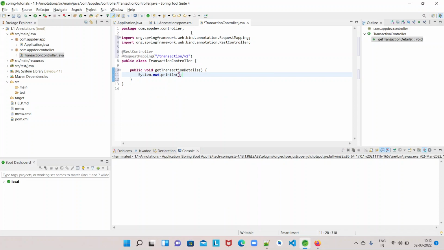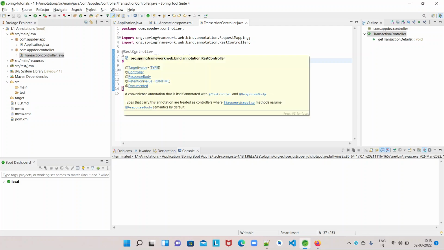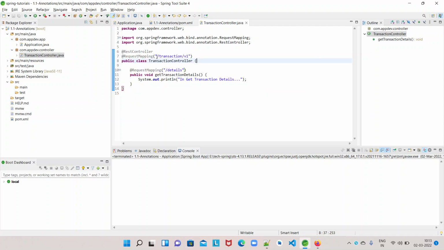For now, let us print "in get transaction details". Any URL having the URI path /transaction/v1/details, I want this method to be executed. So this is just a simple REST controller annotated with @RestController and having the URI path /transaction/v1/details.